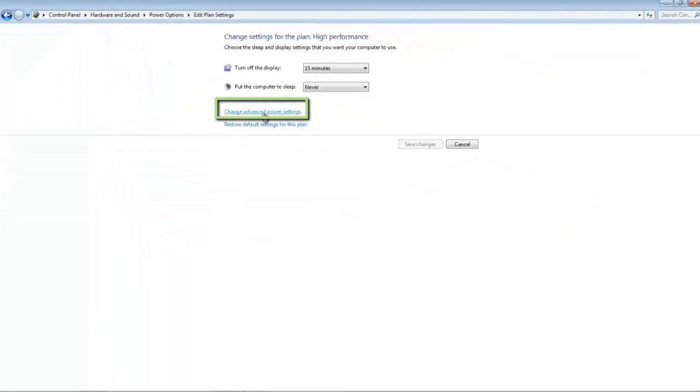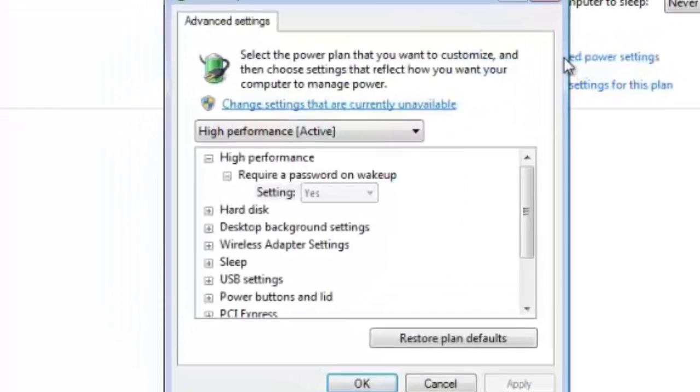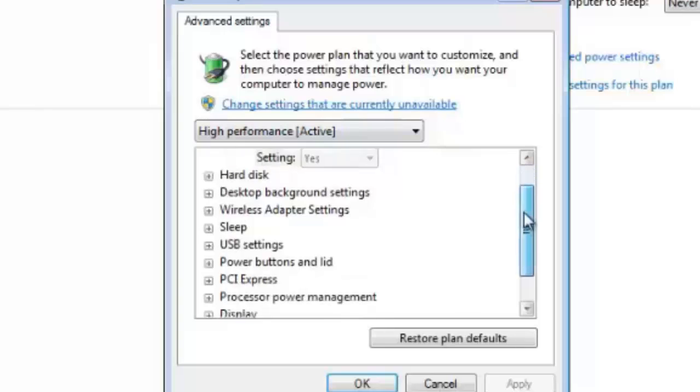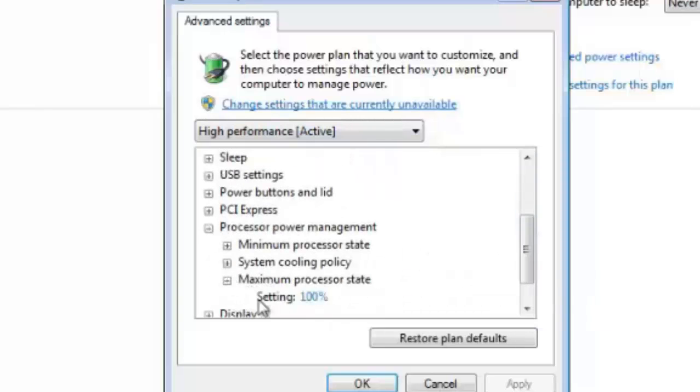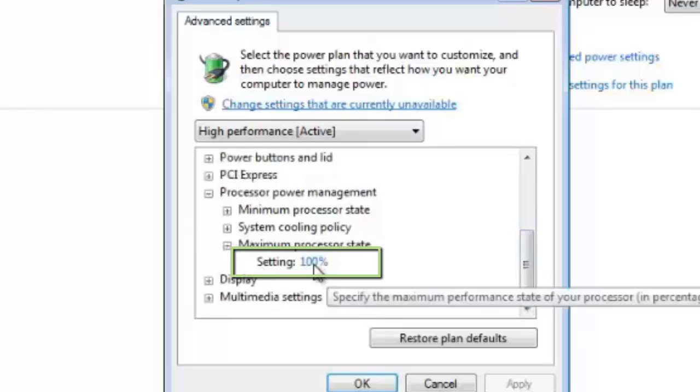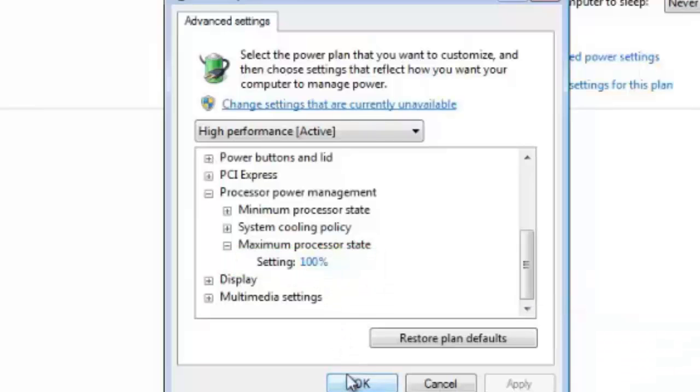Then you have to click Change Advanced Power Settings. Now come to Processor Power Management. We have to go to Maximum Processor State. You have to check if the maximum processor state is set to 100. Otherwise you have to set it to 100. Then close the window.